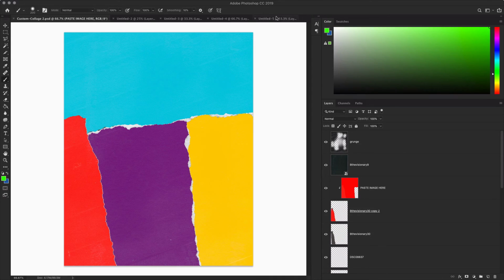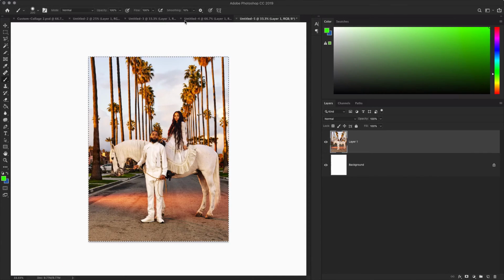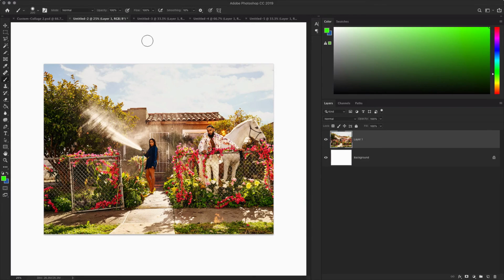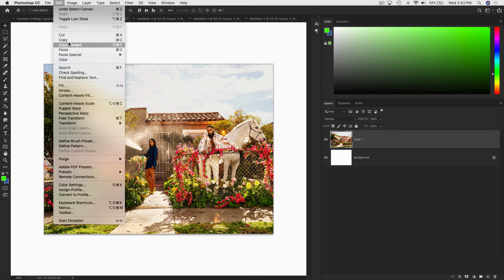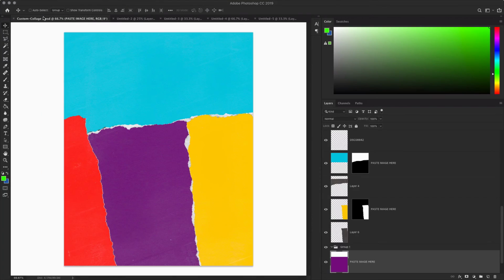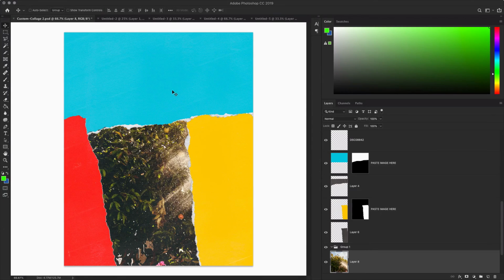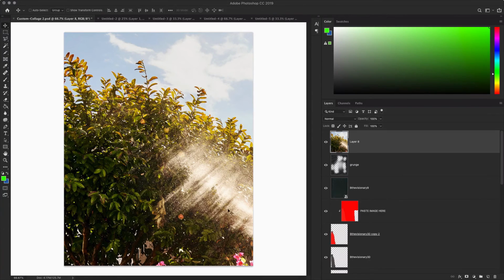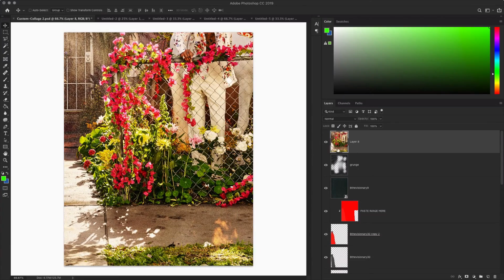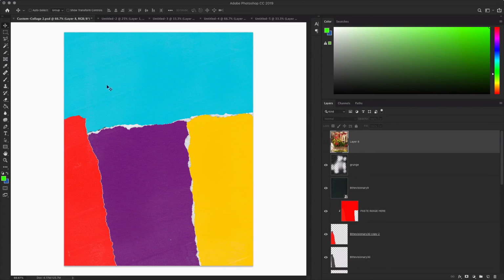So what I'm gonna do is, sorry. All right, guys. So I'm gonna copy this image and paste it onto this canvas, right? I have it all the way at the top. So I want this image to go in this blue area here. So what I'm gonna do is, it's still hidden. I'm gonna press Command left bracket and move it down right above the